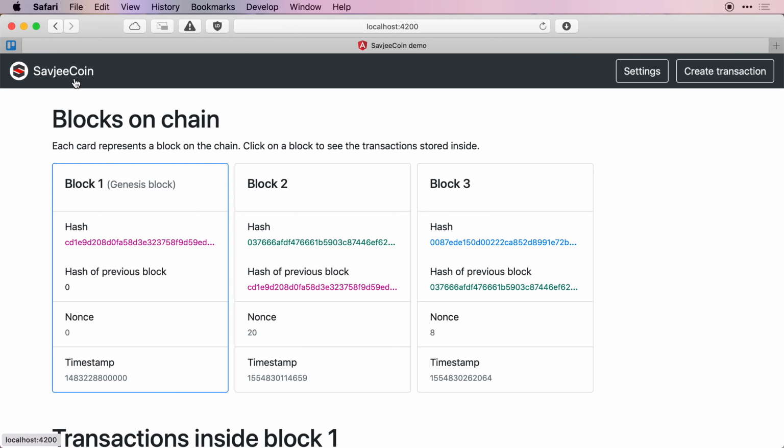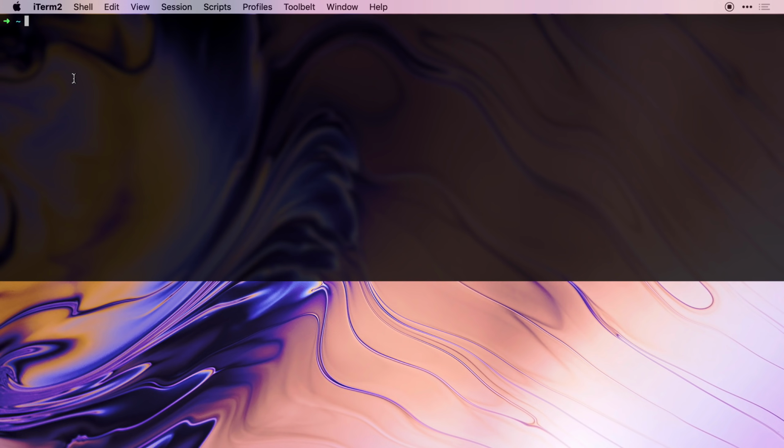I'm going to hide Safari and I'm going to open up a terminal because we need to install the Angular CLI tool. So to do that, you will need Node.js installed on your system. Now, I already have this installed, but if you don't, just Google Node.js, download the installer, and you'll be up and running in a jiffy. Now, once you have that, we can install the CLI tool. All we have to do for that is run npm install -g and then